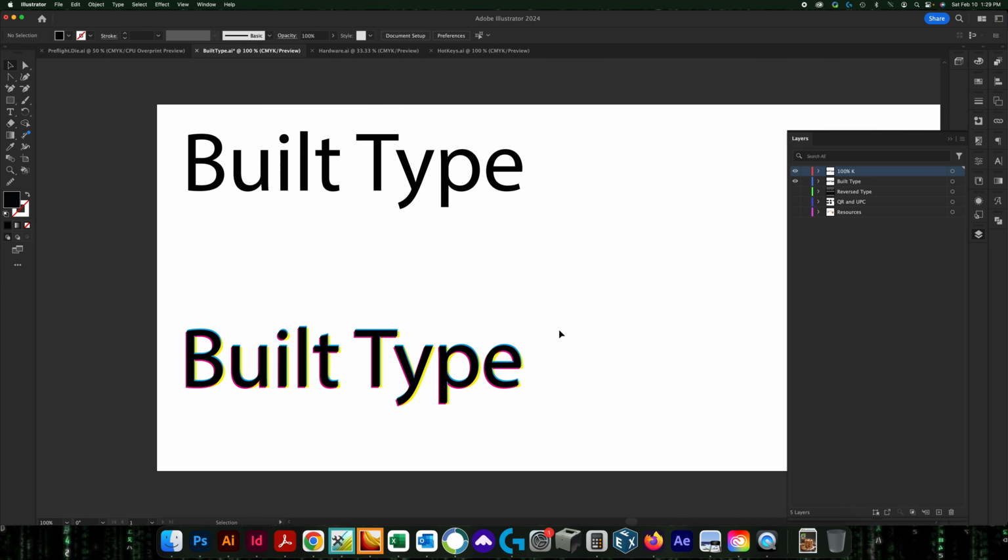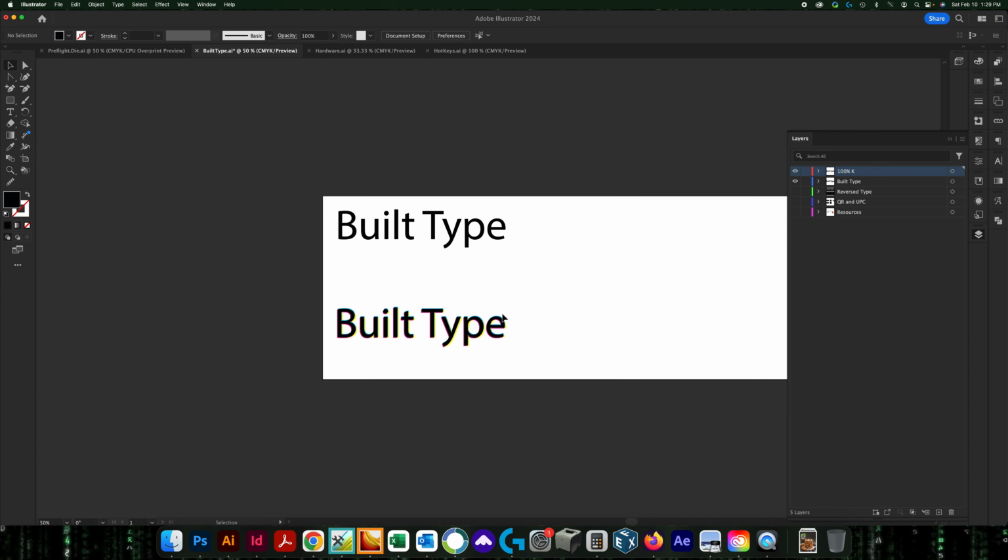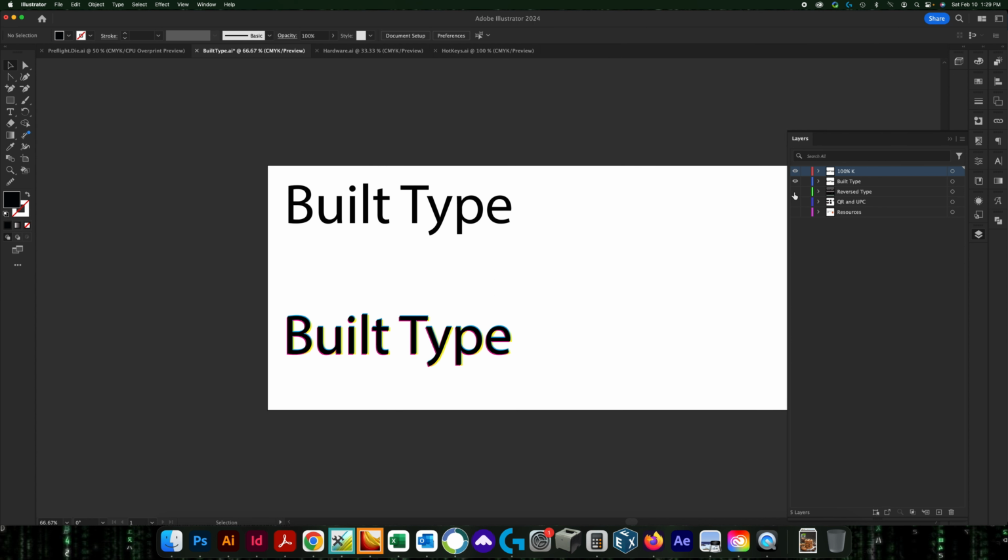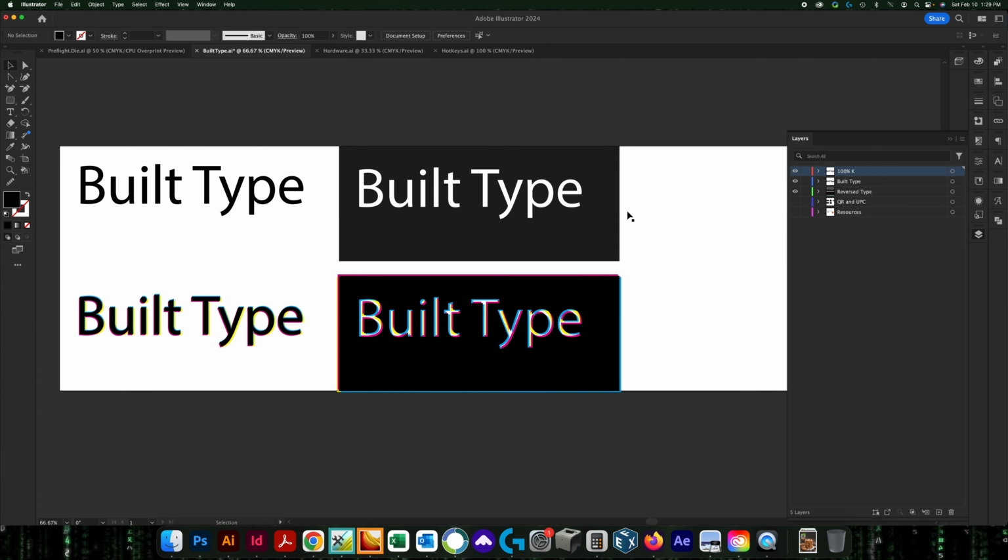This happens when the four separations of your color build are slightly off, and some amount of misregistration is something you can expect. Not terrible, but what happens is it becomes very blurry on the type and very difficult to read. It's even worse when you do reversed out type, because you see here we have this color build that's